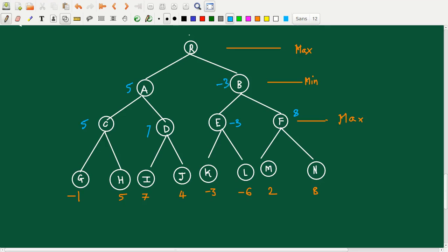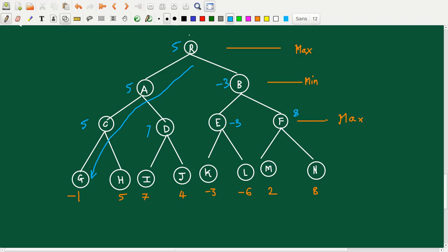The next is a maximization level, so it has to fetch a maximum value here. The maximum value out of these A and B is 5. So as we reach this root node, we'll backtrack from that node to a particular leaf node, so that if we follow that path, we'll get maximum success. So in this way a min-max search works, and it helps to explore a path which will give maximum success.